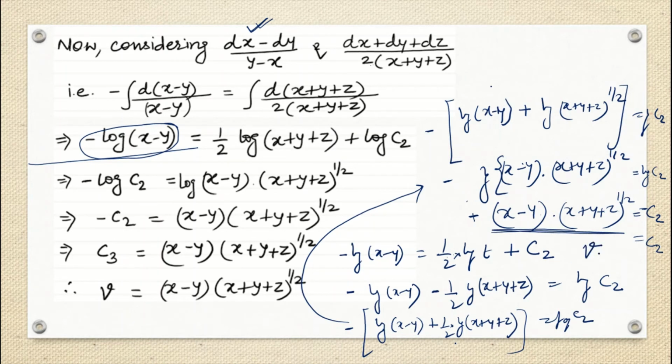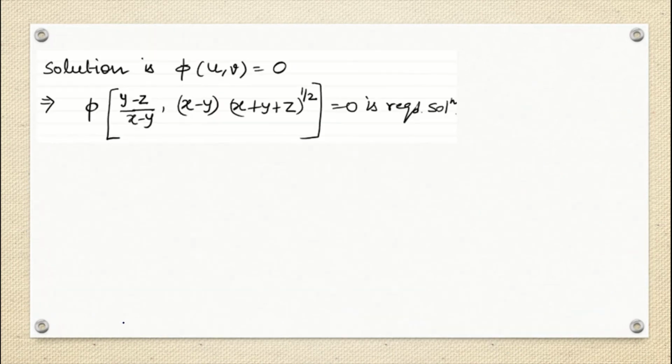Even you can say that if you don't want to remove the minus, then this is nothing but minus (x plus y), so your v in that case will be minus (x plus y) and then (x plus y plus z) to the power half. So both will be okay. So you got your u also, you got your v also. So this is your answer. Okay, fine. So now we are going to see the other question.